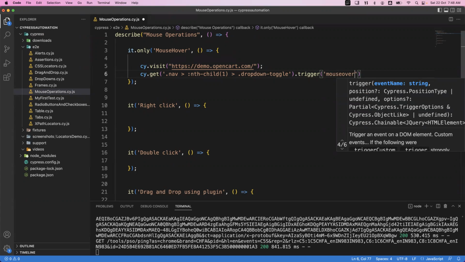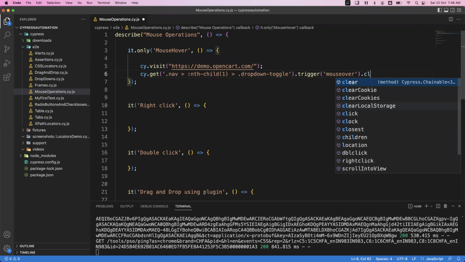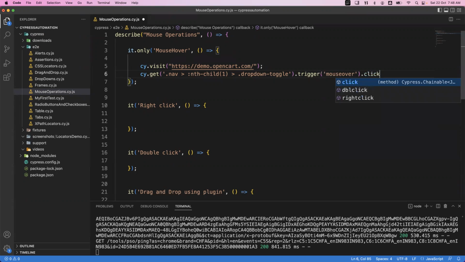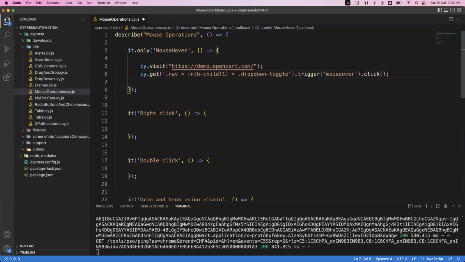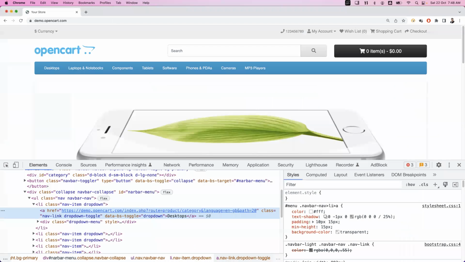Okay, so in the single quotation, if you start a single quote, these options will be displayed automatically. So this particular thing will perform the mouse over. Once you mouse over on that particular element, now we need to perform the click action, so followed by that, you can use the click method like this. Now this will perform the mouse over action. Once your mouse over action is done, what element are we expecting here is,